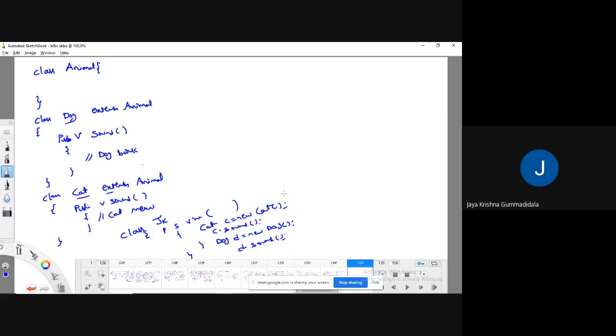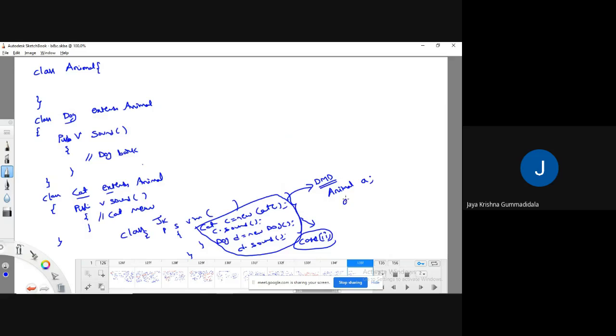Here, am I using dynamic method dispatch? No, I am using the normal process. Then it comes under case 2. Instead of this, if I am trying to make it dynamic method dispatch, then what will happen? What is the requirement of dynamic method dispatch? Please create an object for the base class Animal. The object reference is a.